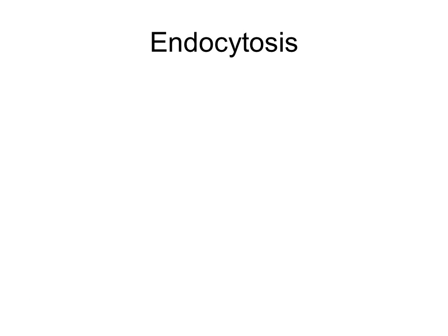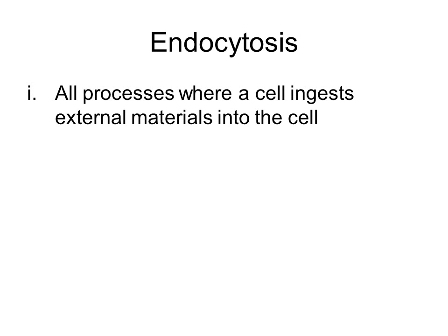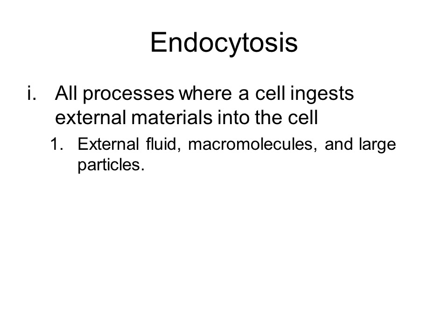Now that's a transfer process. We also have something called endocytosis. Endocytosis are a collection of all processes that are going to bring materials into the cell. Some of the materials that need to be brought in would be, for example, fluid, large macromolecules, proteins, carbohydrates, and